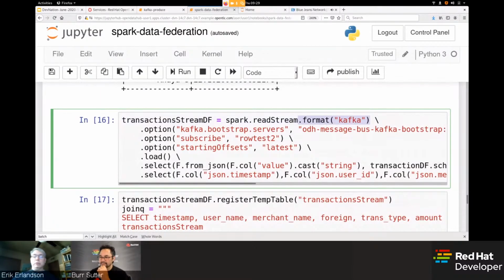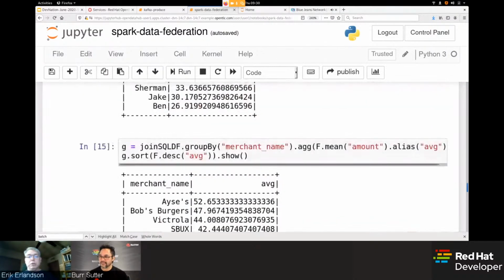Here I'm just telling it, look, you're going to connect to a Kafka, and then of course, because it knows it's Kafka, it says, oh, there are some different parameters, like here's the bootstrap server name, here's the topic you want to subscribe to, and when you want to start the data offset, and there are all the usual Kafka connection parameters. But it can read a lot of other stuff too.